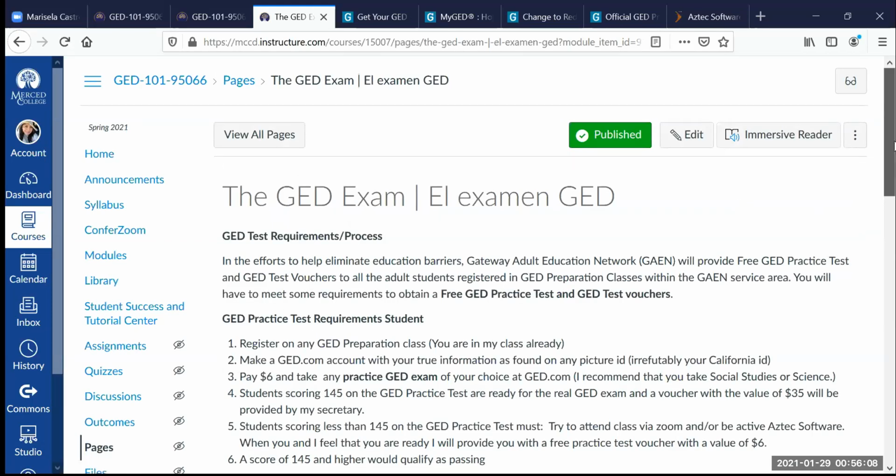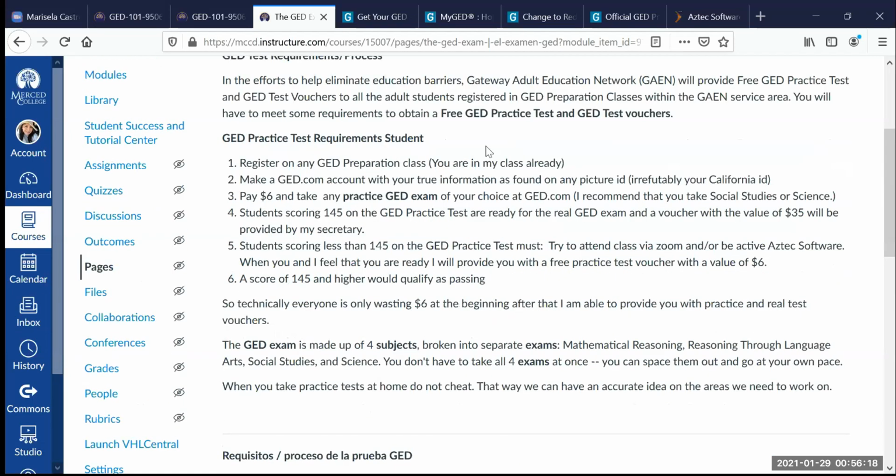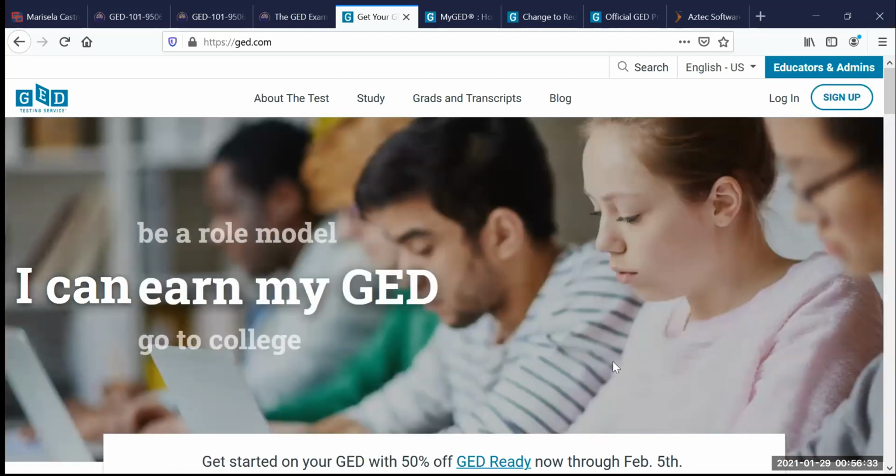So basically, the GED exam is made up of 4 subjects, and you must make a GED.com account. And the GED.com webpage looks like this. You would make a page by clicking sign up. And I would like for you to make this page with your true information